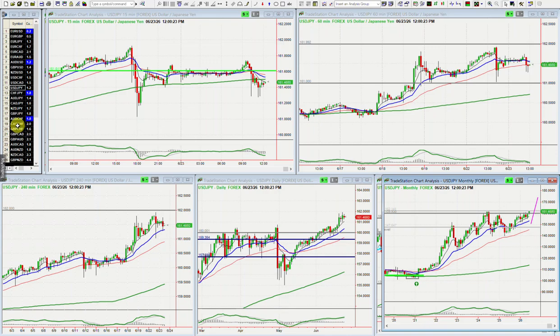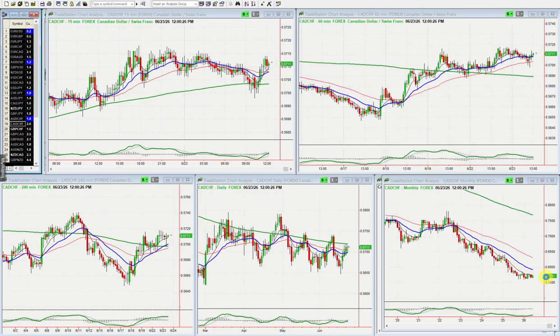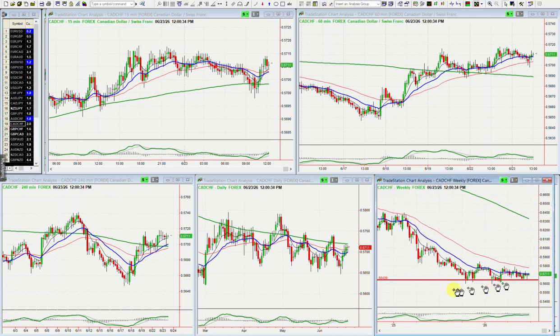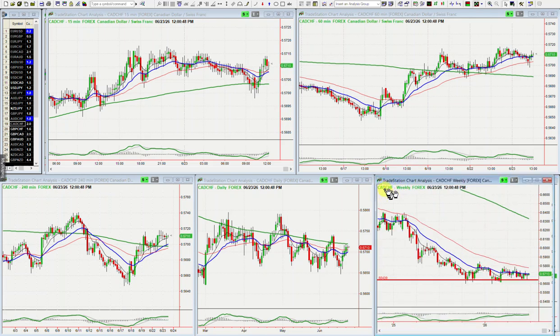Let's have a look at the last one, CAD Swiss, so a strong currency against a weak one. The CAD is actually weak. And the nice thing here with the CAD is that we've got an S2 pattern forming, and we've got another touch now. We've got 1, 2, 3, 4 touches. That's an S2 pattern. And should we break to a new low, then we should see a resumption of this very strong Swiss development, and that's probably in line with the US Swiss.